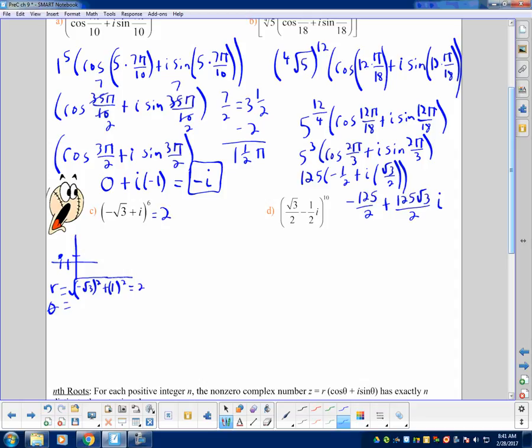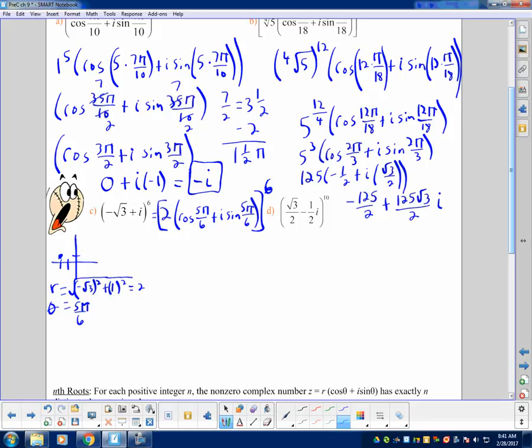So this is going to be equal to 2. I'm going to put a bracket around it, because all we're going to do is substitute in polar form for negative root 3 plus I, and then take that to the 6th power. So it's cosine of, what's the angle over here? Can you tell what the angle is from the picture? It is 5 pi over 6, yeah. So it's cosine 5 pi over 6 plus I sine 5 pi over 6, all to the 6th power. So we're taking that number in polar form now to the 6th. So now we can use DeMoivre's theorem,